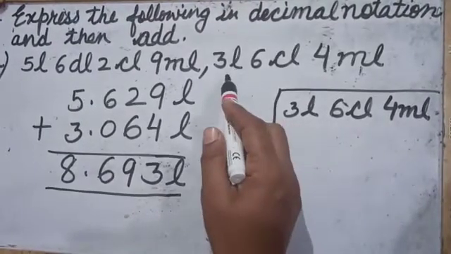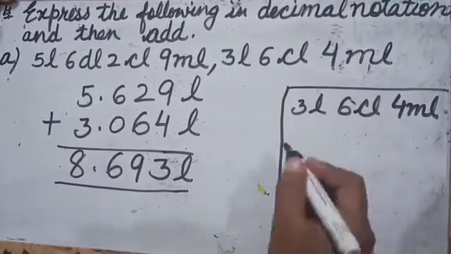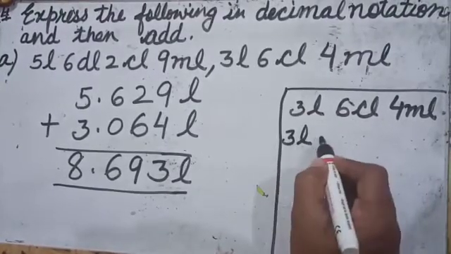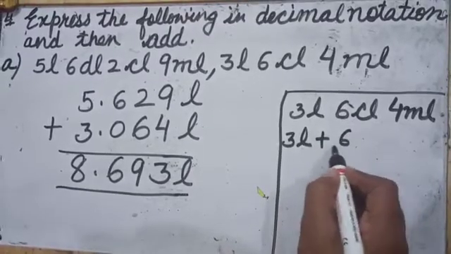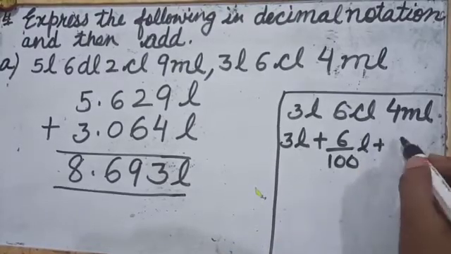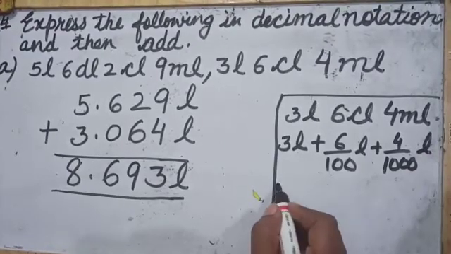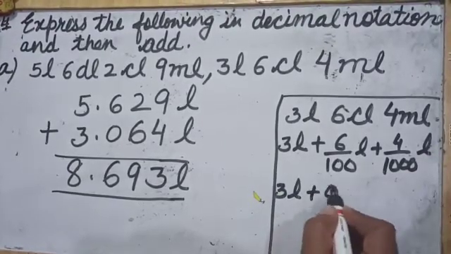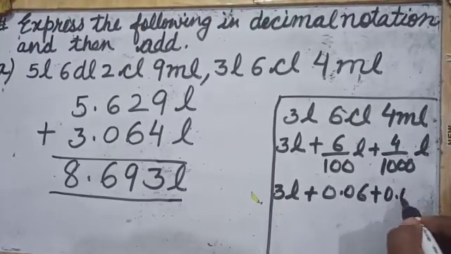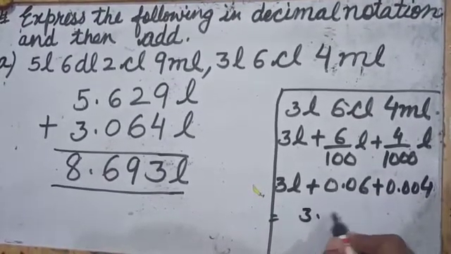Now next part is 3 liters, 6 centiliter, 4 milliliter. Now how will you convert this also in liters? 3 liter is already in liter, it will be same, plus 6 centiliter, you will convert into liter, divide it by 100, plus 4 milliliter you will divide it by 1000. Now 3 liters plus 0.06 plus 0.004 liters. So when you add up, it will be